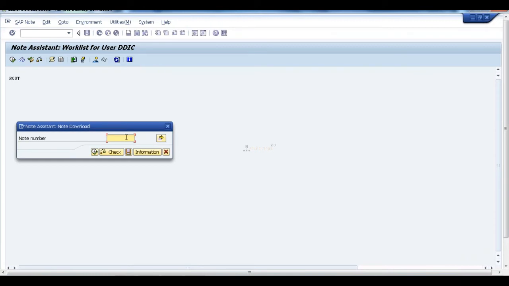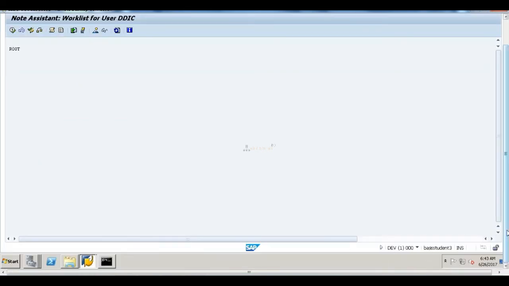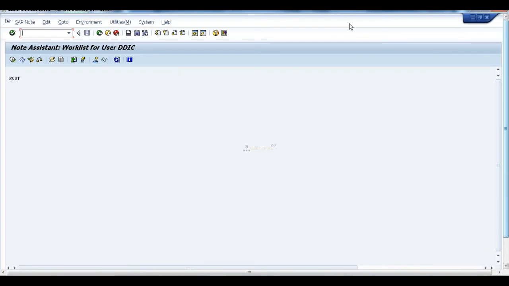Download SAP Note. Here it will give you the SAP Note number, and you can directly mention the SAP Note number and execute here. Once you execute, what will happen? This system will be connected to the service marketplace, and from the service marketplace it will download the given SAP Note, and it will show you the entry here.